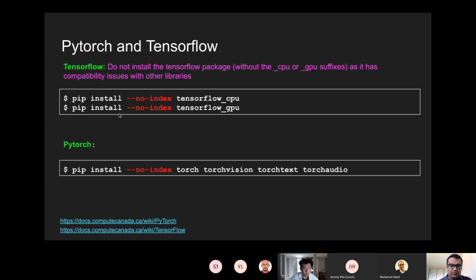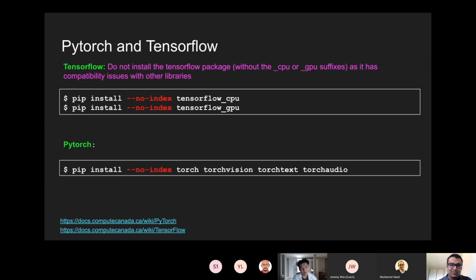I actually looked at TensorFlow and Torch. I saw that most of the versions that we want are already available, and you don't need to install them without using no-index. I highly recommend that you use no-index for installing, because they recommended that. And I saw that when you don't use the no-index flag for installing a specific package, you may get some error when you want to run your